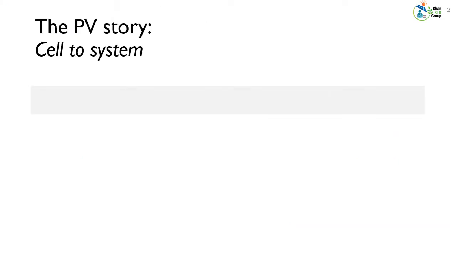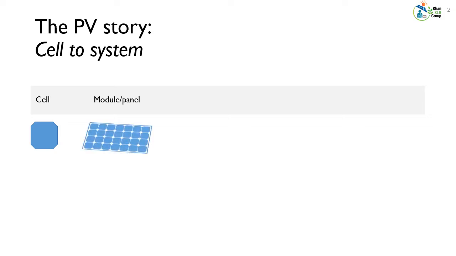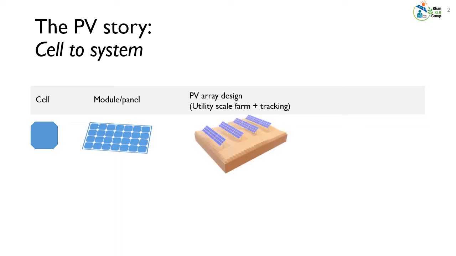The story of the PV industry or the system starts with a cell. You would design the cell to get maximum possible efficiency. You would look into the electrical properties, the optical properties. Then you would form the module or the panel. There you think about how to do the fin and the bus bar layouts. And then you do the packaging, and then these get transferred to a farm, and you get a big array